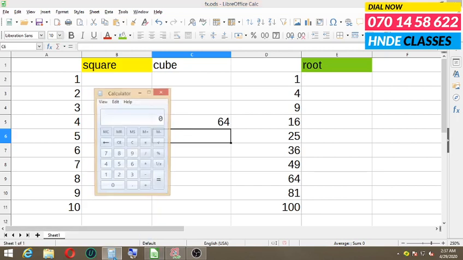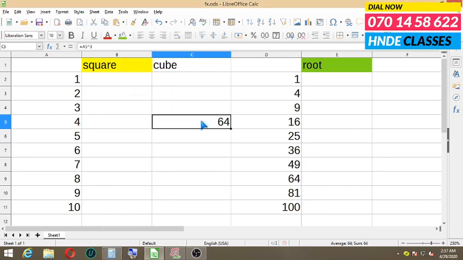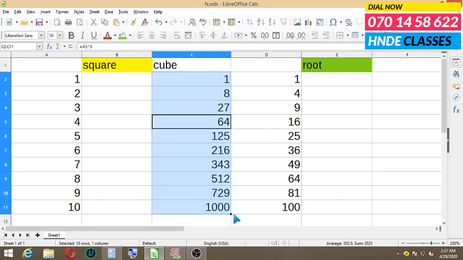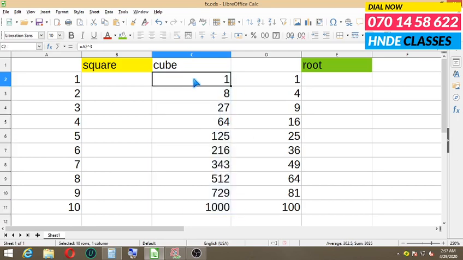If you want to check the answer, 4 multiplied by 4 multiplied by 4 is equal to 64. And once again drag it to the bottom. Thus you will have your answers. And once again I will erase those.